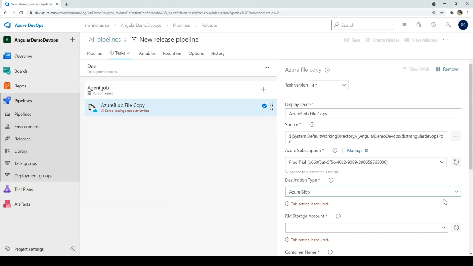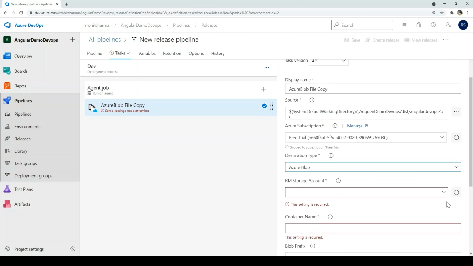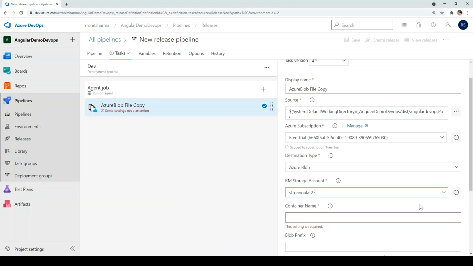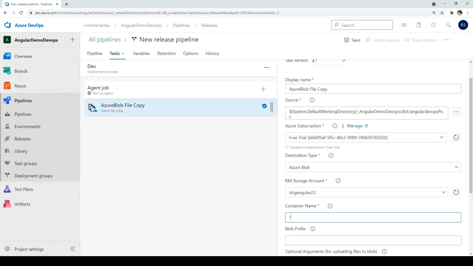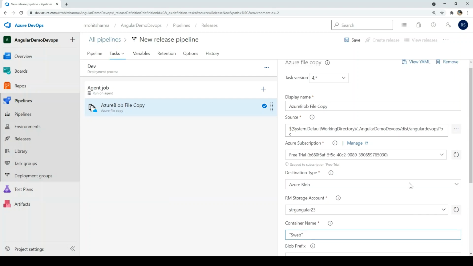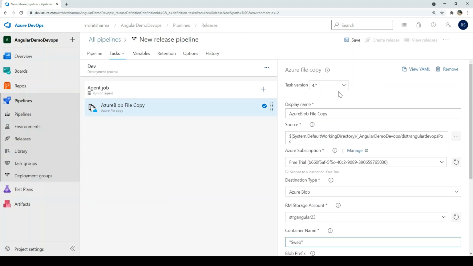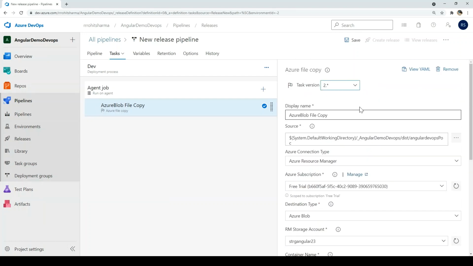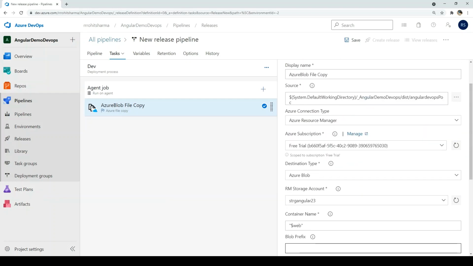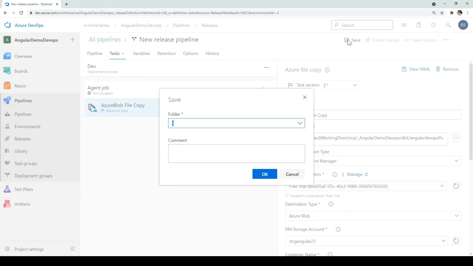It should be Azure Blob. Next, you need to select the storage account. So we just created storage Angular 23, and then the container name. For the container name, just use the quotes and $web. And also one thing, change the task version to 2. Everything is good. So I'll click save here.